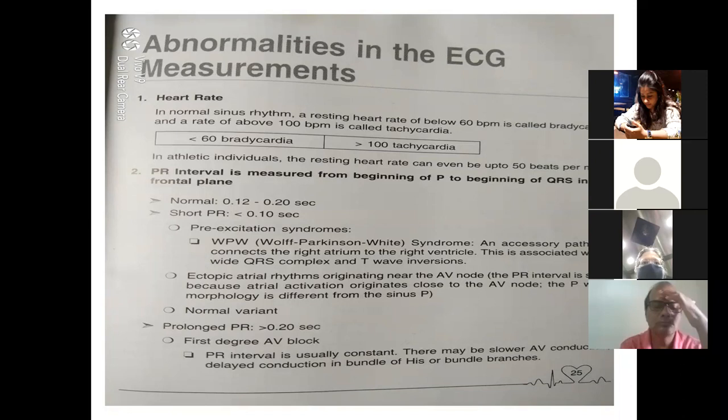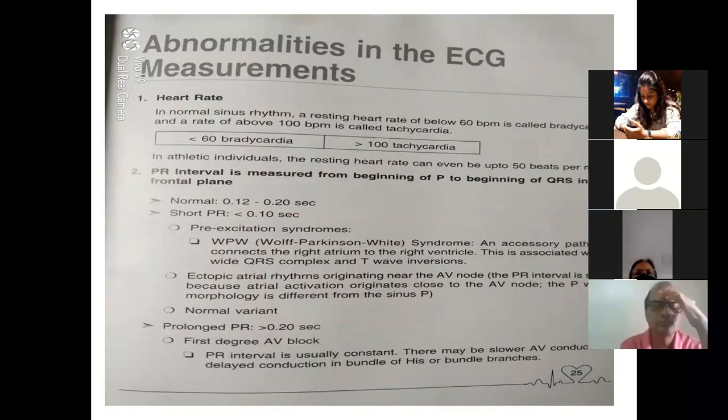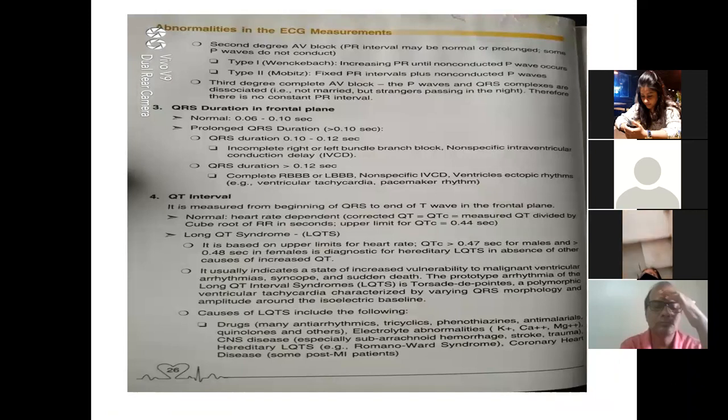The next is your PR interval. The normal PR interval time is given there. Then we have the conduction. The conduction part I will take next time, where there are different degrees of heart blocks. Then a little revision. We have how much time? We are through, I think. Yes, sir, 5 o'clock already. So we have time for questions.